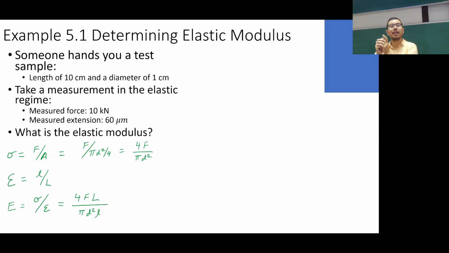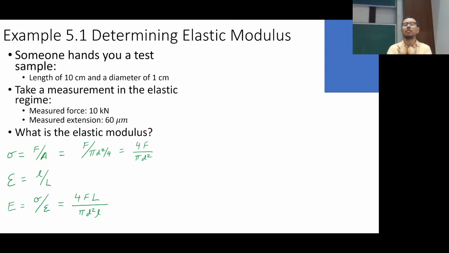You will be given diameters or radii for different objects. Please, if it's diameter, it's 2 times the radius. I get this confused all the time. And if we do it, I guarantee someone's going to be off by a factor of 4 because of this. So anyway,